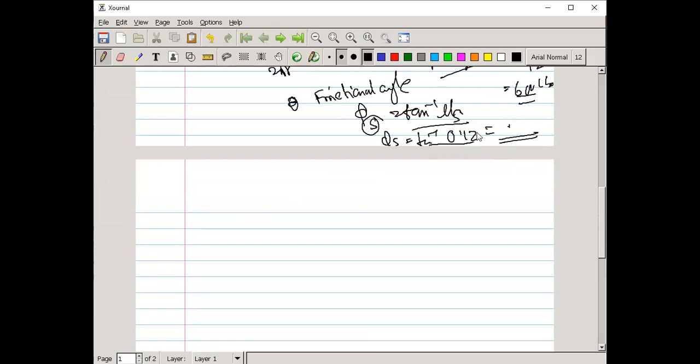Tan inverse of 0.12. I think approximately how much is it? 7 degrees, no? So consider approximately 7 degrees, I guess. So now coming to the point, we have already drawn the